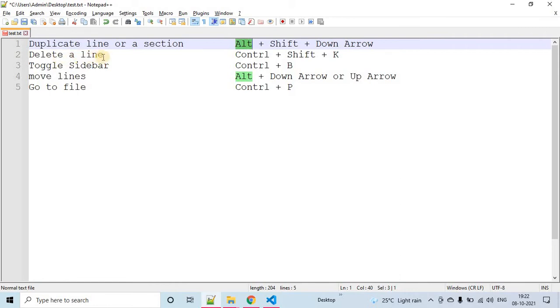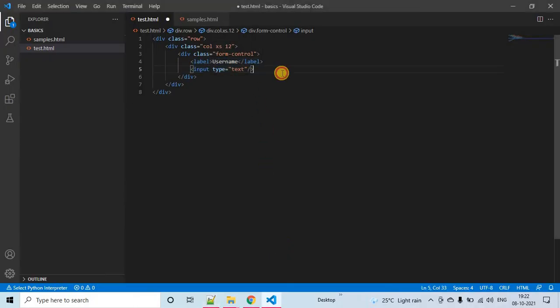And then, I wanted to delete a particular line. So Control Shift K. Let me duplicate this line, so Alt Shift down arrow. I wanted to delete this particular thing. In between there are gaps, right? So I wanted to delete them.